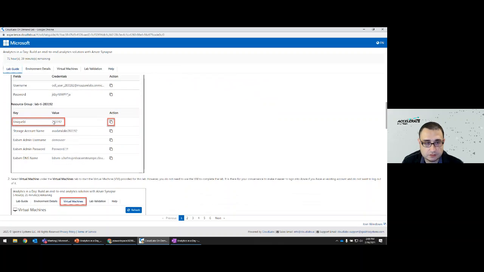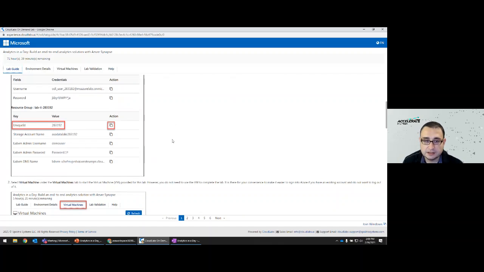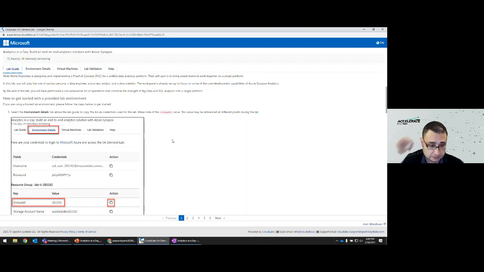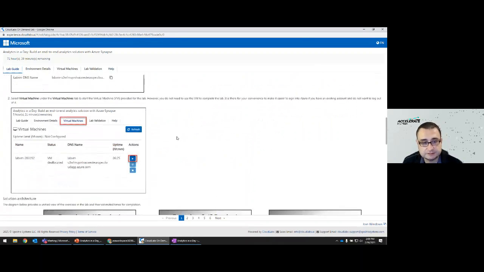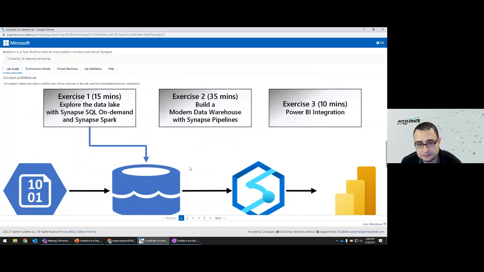Then you would see your unique ID, which is going to be used to replace some values in our lab environment. I'll walk you through when we need those values. And again, you can turn on that VM and make it available if you need to remote into that desktop